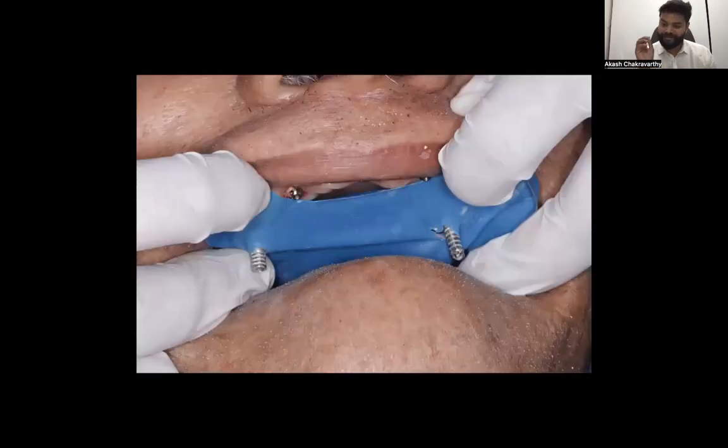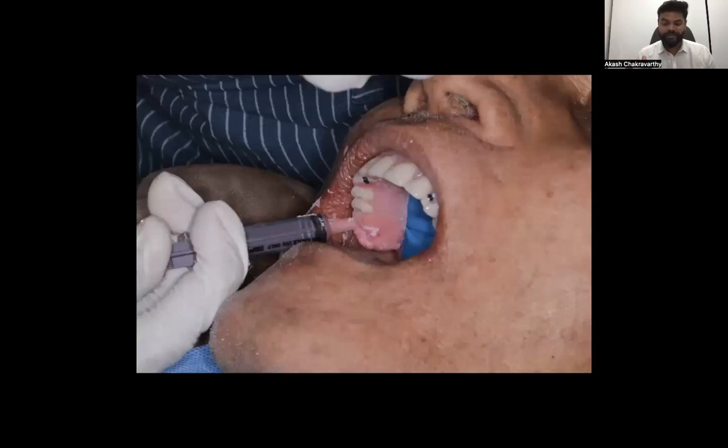Okay, now we place titanium cylinders on the multi-unit abutments, and then we take a rubber sheet and cover up the entire arch, so that whenever we are doing our pickup procedures, the gingiva is protected from the exothermic reaction of the cold cure acrylic. Okay, so now we mix the cold cure, load it into a syringe, place the denture in the optimal position, and then fill the gap with the cold cure acrylic.